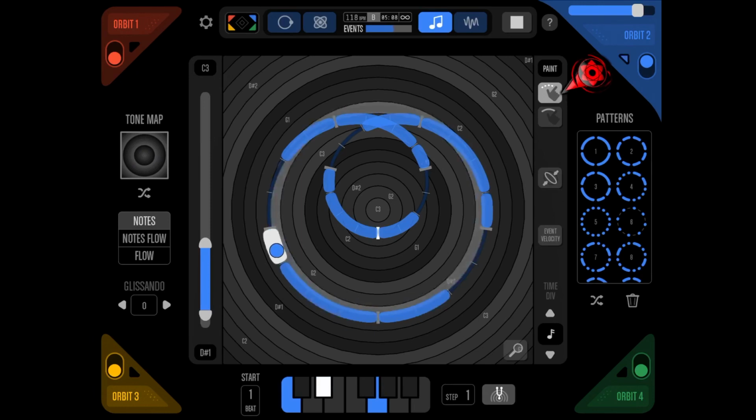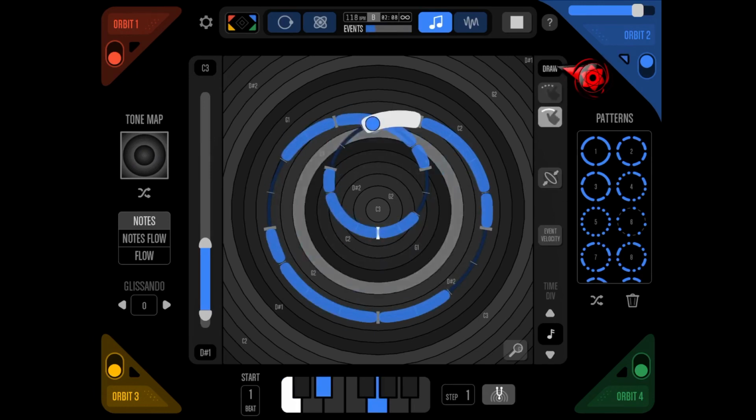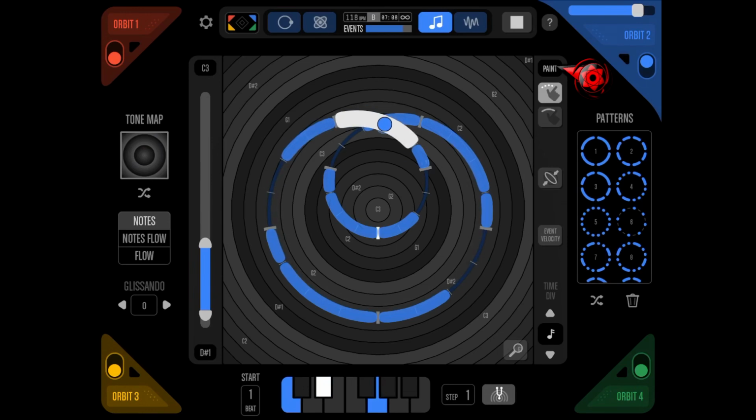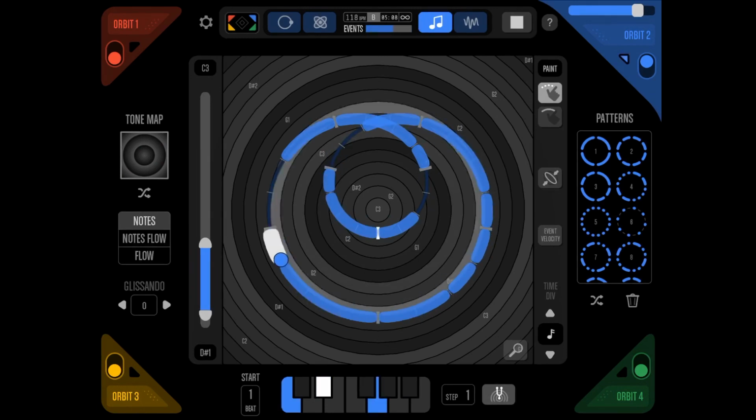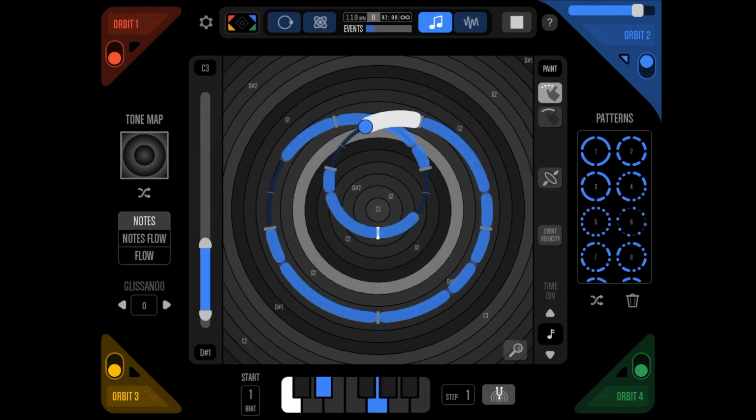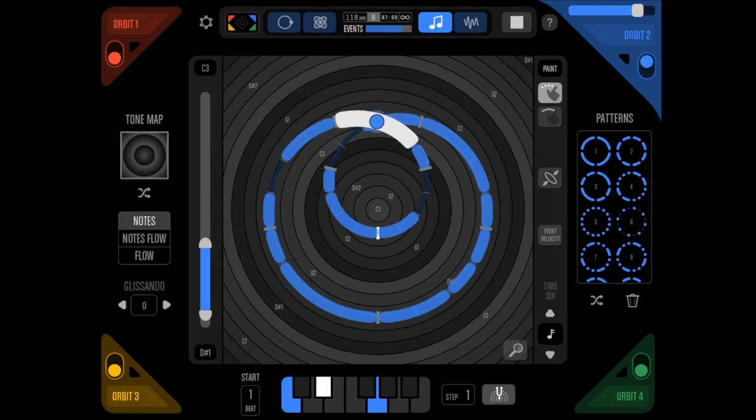And that is with the 2 hands on the top where it says paint. Because this is a screenshot, as little pieces are getting filled in, those are me painting them with my fingers. So a short tap will be a shorter note, and if I want a longer note, I would have to go to the hand icon right below it, right there. That's the swipe, and with that I can make a longer note, like a quarter note or a whole note. And if I want to erase that, you tap on a section again,